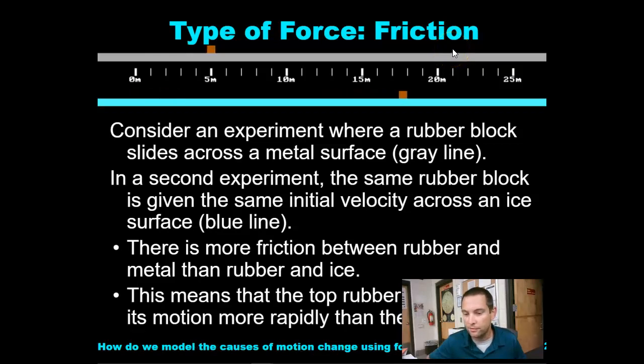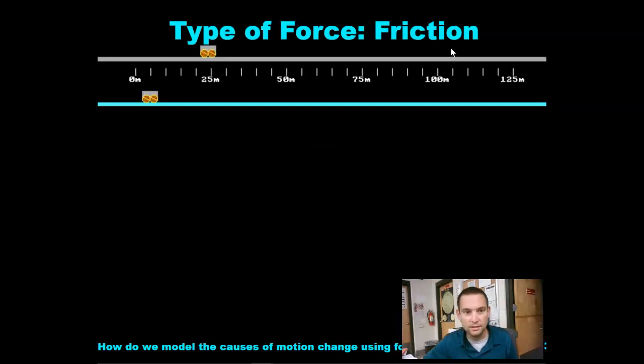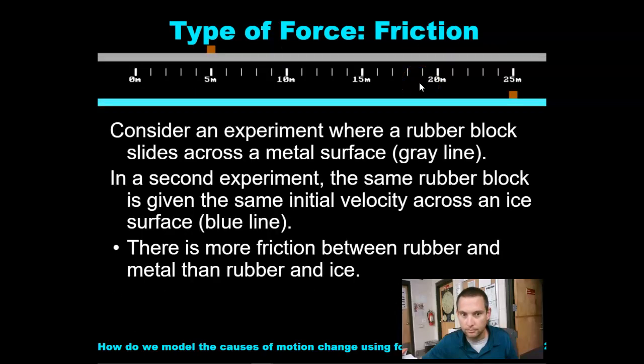This means that the top of the rubber block changes its motion more rapidly than the bottom of the block. So think about that for a second. The top changes its motion more rapidly than the bottom. The bottom has this friction that's slowing it down and resisting some of that forward motion. But don't forget,